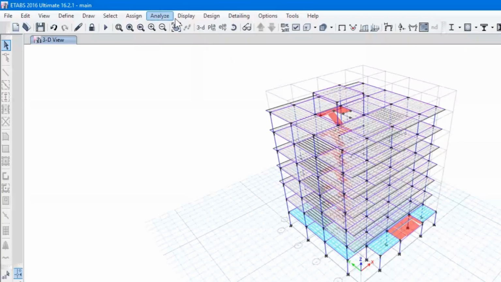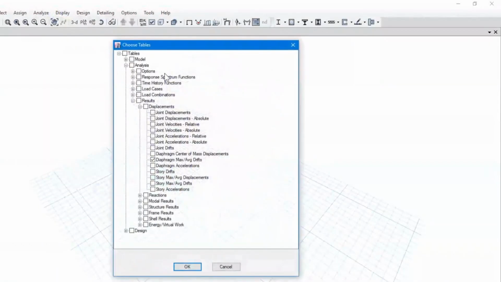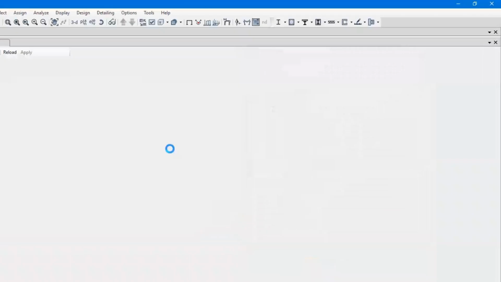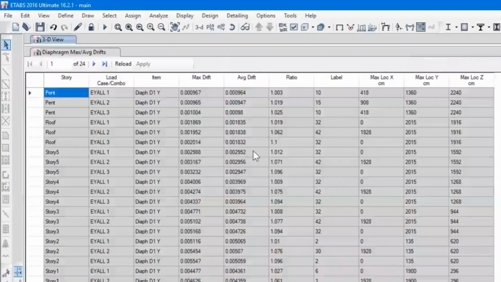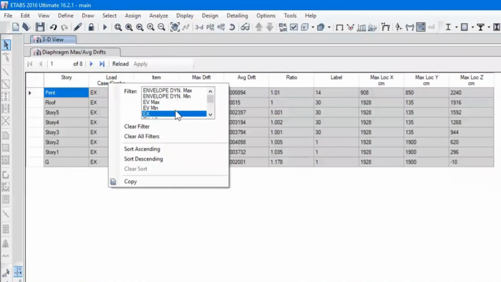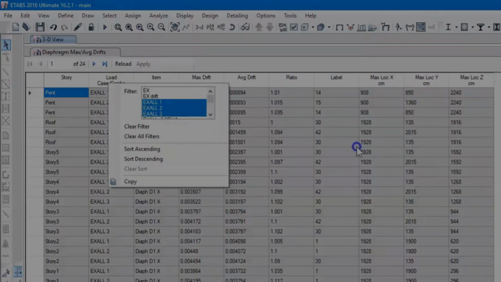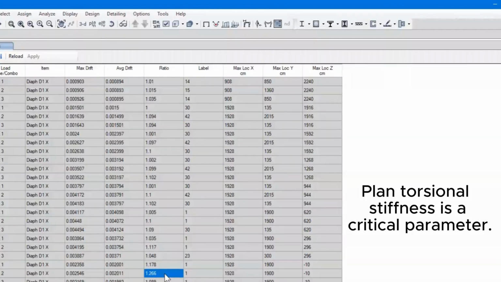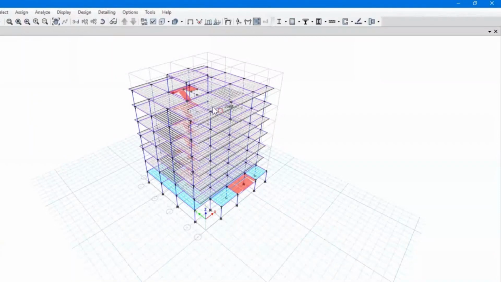For example, let's look at this building model in ETABS. If we check the diaphragm max over average drift ratio table for earthquake loading in the X direction, we can see that the ground floor has torsional irregularity. The drift ratio is about 1.26. However, the upper stories do not show this problem. This happens because the ground floor plan becomes wider and includes an additional bay, while the upper floors do not